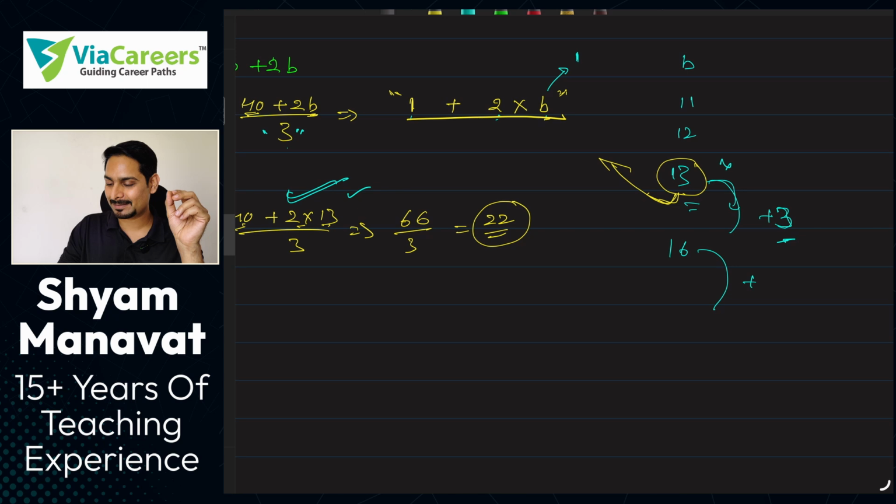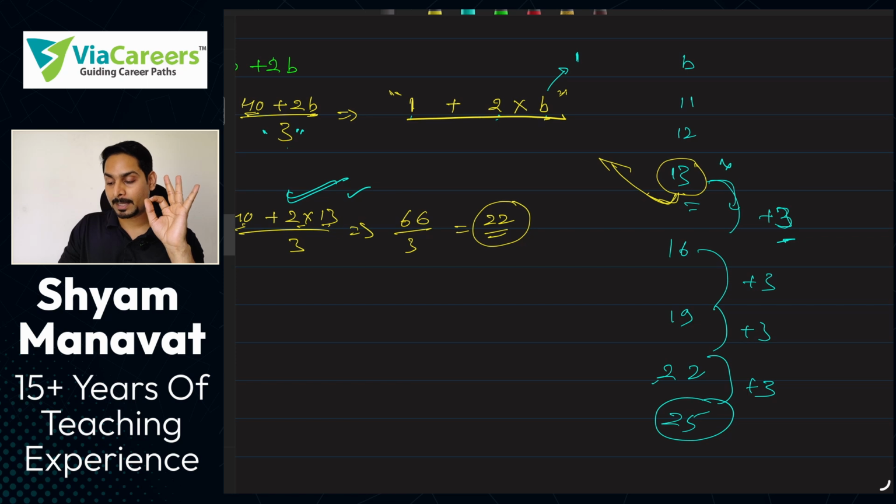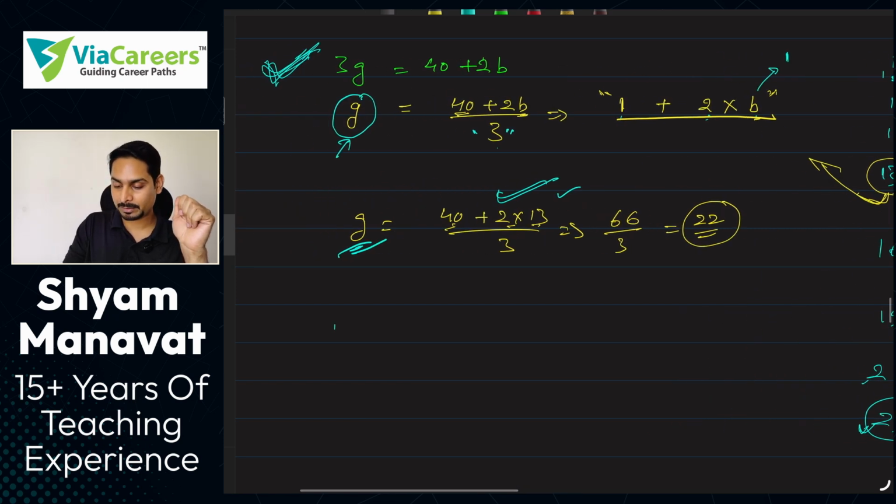ओके, नेक्स्ट इट विल बी +3. अब इससे भी नहीं मिलने वाला. मल्टीपल ऑफ 9, मल्टीपल ऑफ 5, +3 दिस इज व्हाट 22. ये भी नहीं है. नेक्स्ट क्या है? +3 देन इट इज व्हाट 25. 25 is the smallest multiple of 5 we can take for B, because B has to be more than 10, right? If B equal to 25, then what are we going to get G as?